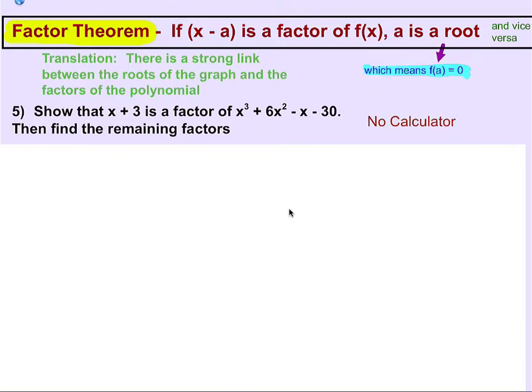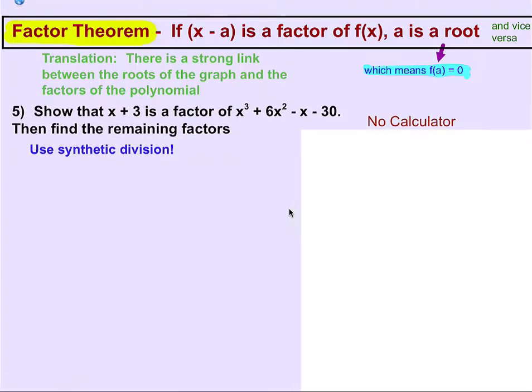So we need another way to show that x plus 3 is a factor of x cubed plus 6x squared minus x minus 30. What we're going to do is rely on the factor theorem to show that if x plus 3 really is a factor of f of x, then a must be a root, which means, another way to say this, is that x minus a must go in evenly to x cubed plus 6x squared minus x minus 30, which means if we do the